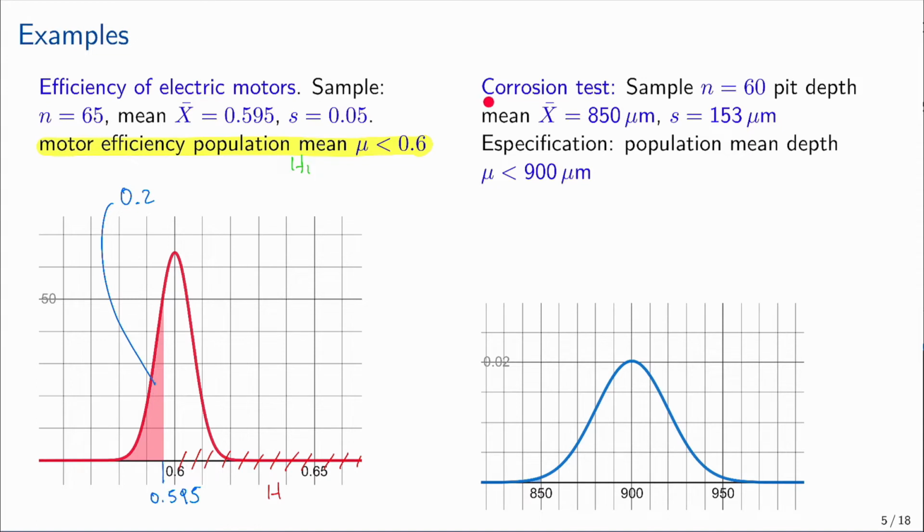In the second case, we have a corrosion test. The sample size is equal to 60, the mean of the sample is 850 and the standard deviation 153. In this particular case, we are looking for the specification that says that the population mean has to be larger than 900 micrometers. So again, this is H1, the alternative hypothesis, and the null hypothesis will be that mu is larger than 900. So let me highlight here the null hypothesis. In both cases it is on the same side,